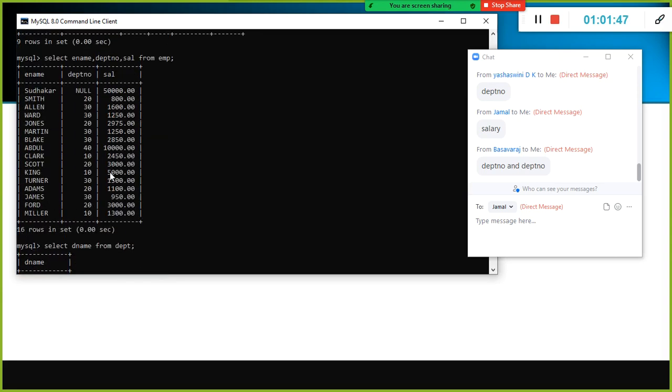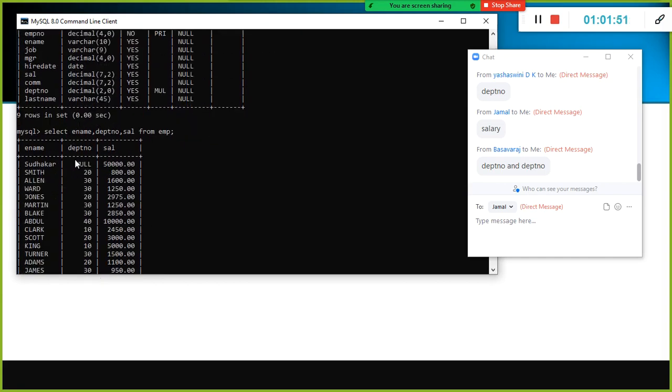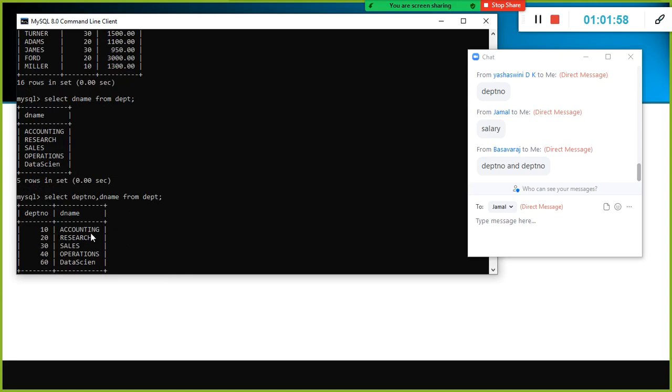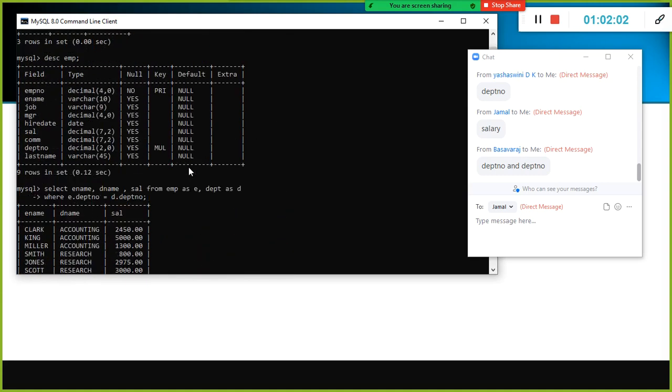Manually you look up. But when you join these two tables using the common column name, the query automatically does the lookup. So the 20 will get looked up here. Oh, this is accounting, right? So the department name will get printed. So you need to join it somewhere here. The common value between these two tables has to be joined here. Got it?